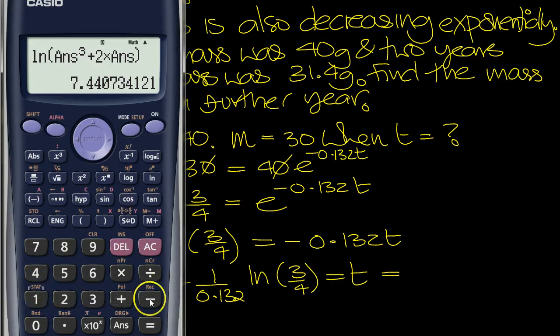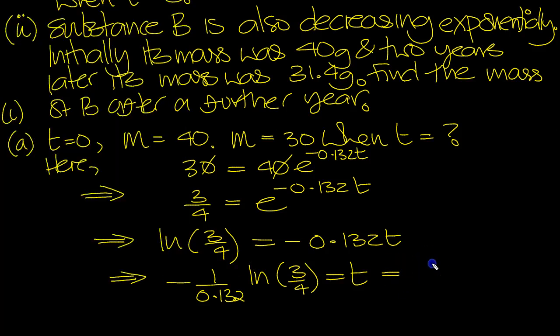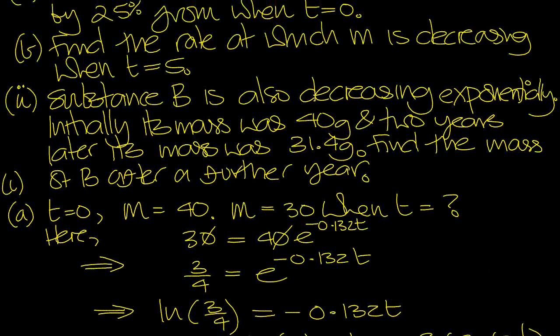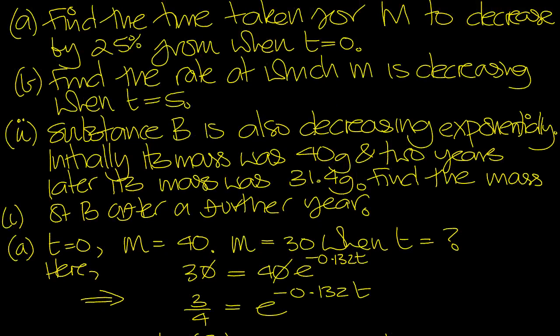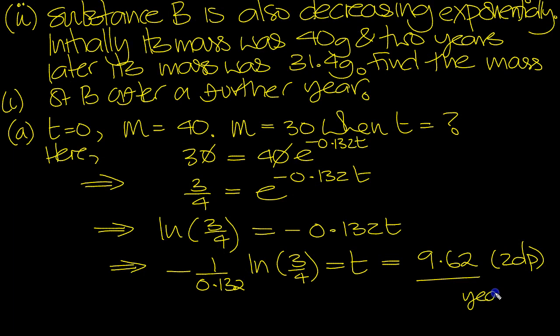So I'm going to tap that in the calculator. So minus 1 divided by 0.132 times by the natural logarithm of 3 divided by 4 equals 9.620, and that was to 2 dp. So that's when it's reduced by 25%. Time taken, so 9.62 years. Okay,